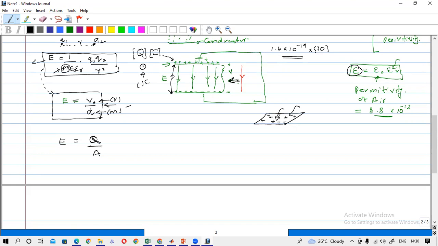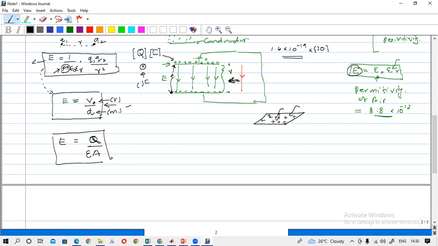So E is also affected by epsilon, and with Q divided by A multiplied by epsilon, again you will get an expression for E. So if the plate is there, the electric field is equal to V divided by D, the voltage difference divided by the distance between the 2 plates,